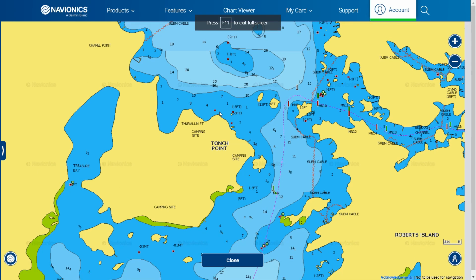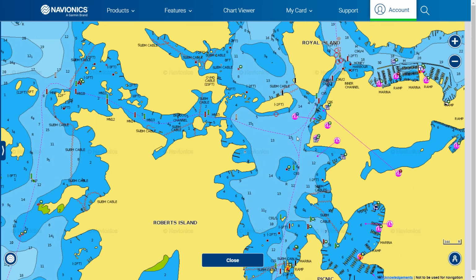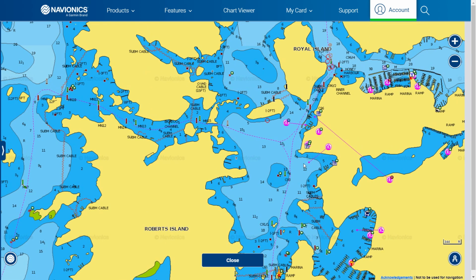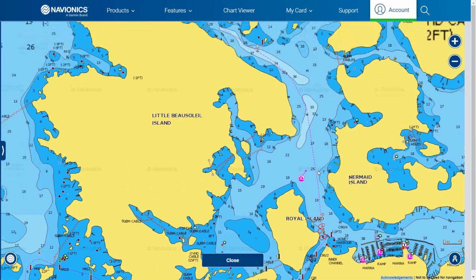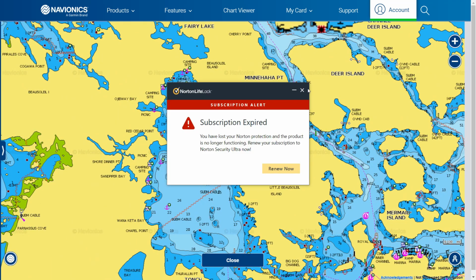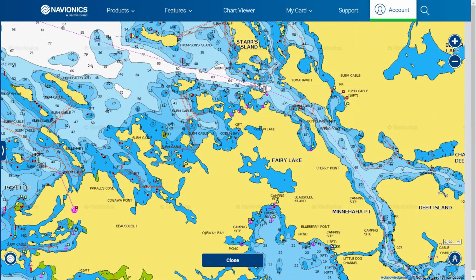So from there, let's just go full screen here. So from there, we stayed until Sunday, and then we went through what this is here, Big Dog Channel. And we came down south over to Paragon Marina. That's where we did a pump out Sunday morning, and then we left Paragon and we came back up here. We'll zoom out a little bit, up kind of through Honey Harbour. As we came up through Honey Harbour, past Frying Pan Bay,